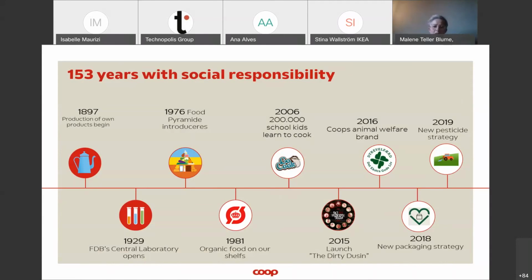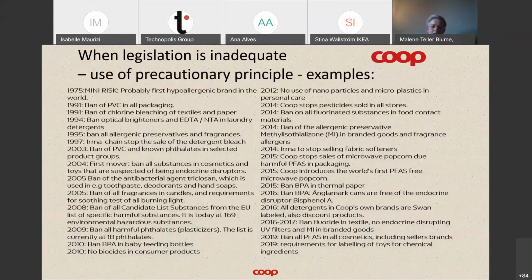Coop is a special corporation because we are owned by 1.7 million members in Denmark, and we are quite old actually, and we have worked with responsibility from the beginning. So you see a timeline here with some of the steps we have taken, and to be very brief, I can show you examples of how we implement requirements and bans which go beyond legislation.